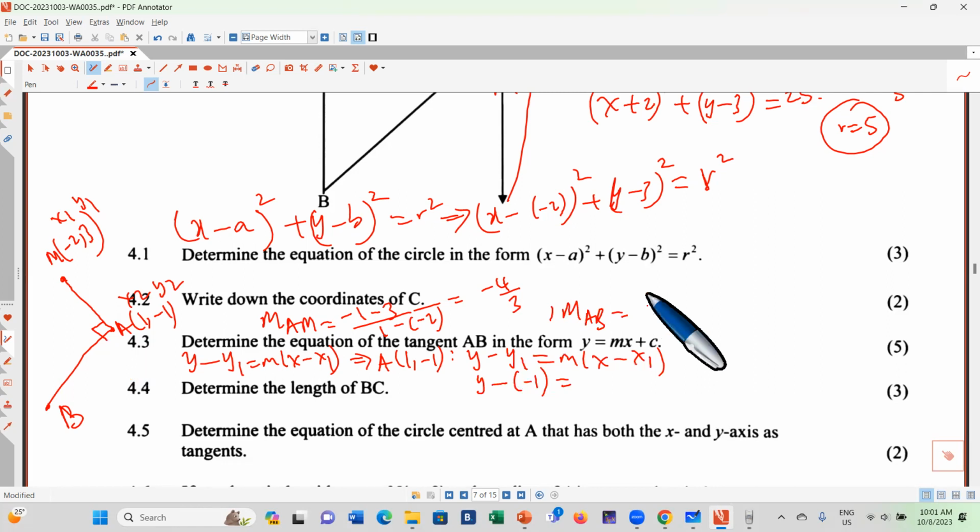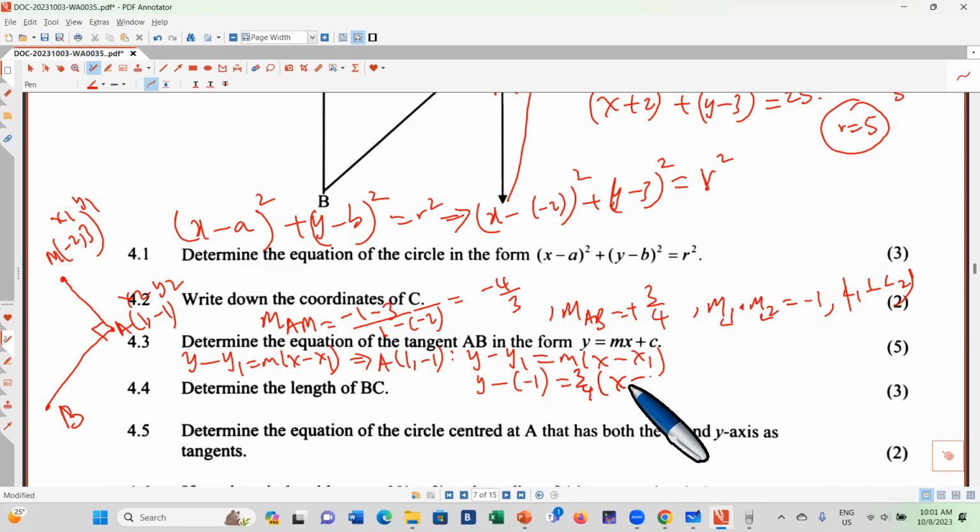So it becomes 3 out of 4, because this one is 4 out of 3. One is negative and the other one becomes positive because they're perpendicular. The reason for this is that the gradient of line 1 times the gradient of line 2 is minus 1, wherever line 1 is perpendicular to line 2. So as a consequence, the gradient is actually 3 out of 4,